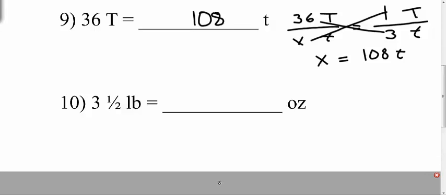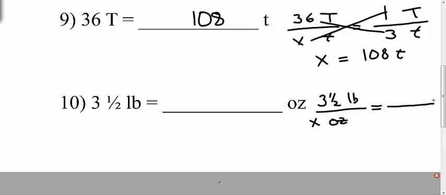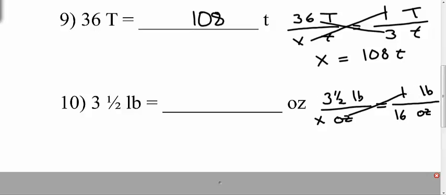3.5 pounds, it's written as a mixed number because it's in the household system. And we want to know how many ounces that is. Okay. So if I have 3.5 pounds, x ounces, how many ounces is that? Well, we have already talked about earlier on about the equivalent between pounds and ounces, and we know 1 pound is 16 ounces. So if we solve that, we get x is equal to